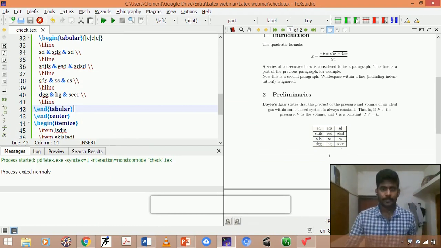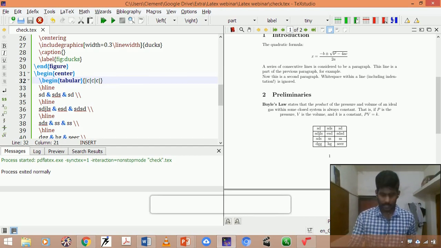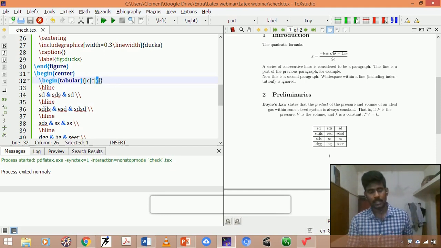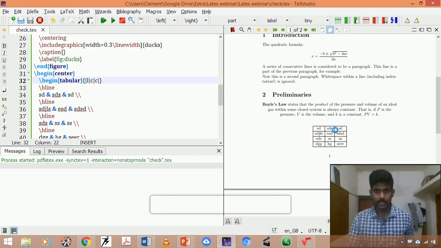Okay, next. Here I just wanted to show you what the representation of these symbols is, that is C. C represents that the text should be placed at the center of the cell. Here it shows C, which means the first column is placed at the center of the cell. The second column also is placed at the center of the cell. The third also looks the same. So here if I want to use L instead of C, okay, you can see that difference.